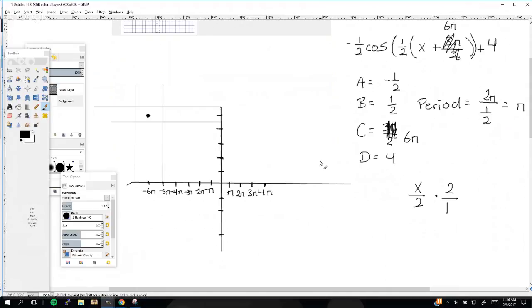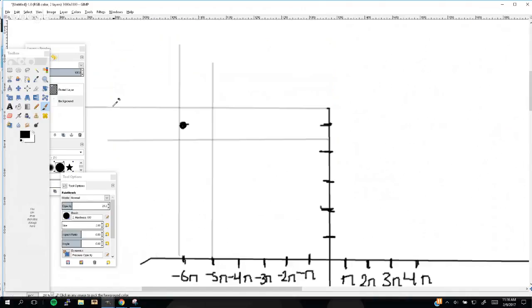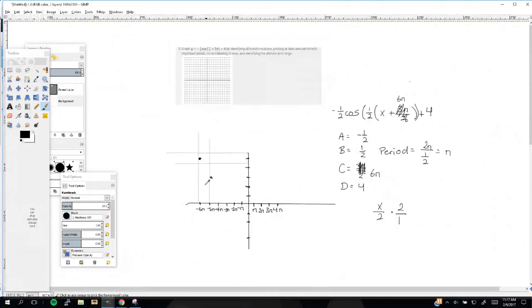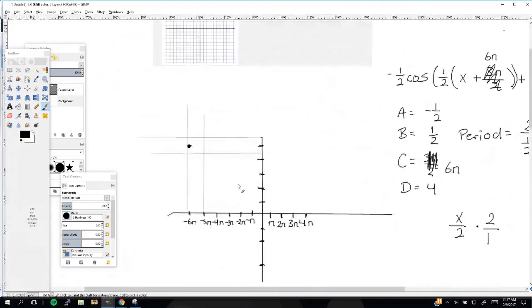Okay. Oh wait, that was wrong. It was gonna be a twin graph again. Oops. Okay, so it will need to be in between -6 pi and -5 pi. And so would that make